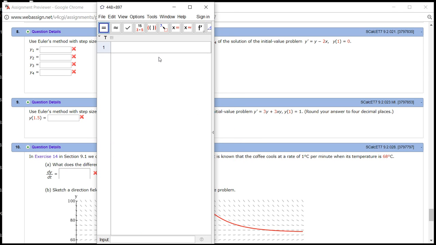First I'm going to define the right hand side of the differential equation. I'm going to call it f of x comma y, and this is defined as y minus 2x. I'm going to hit enter. Also the step size is defined as 0.5, so I'm going to call h equal to 0.5 and